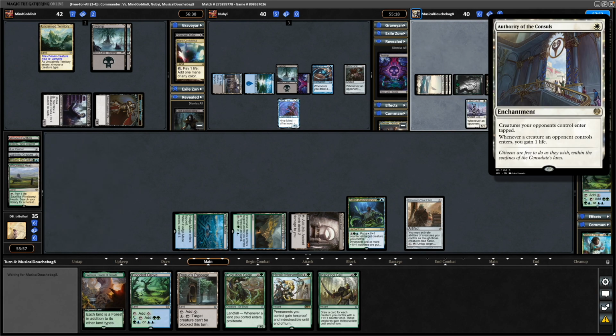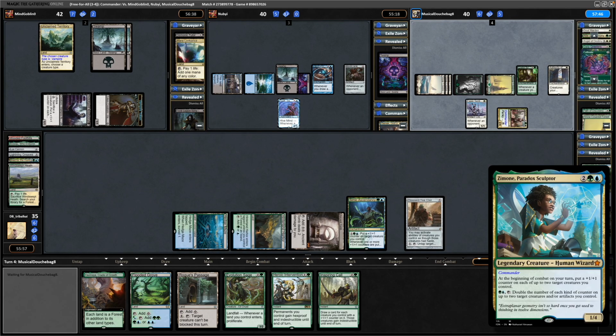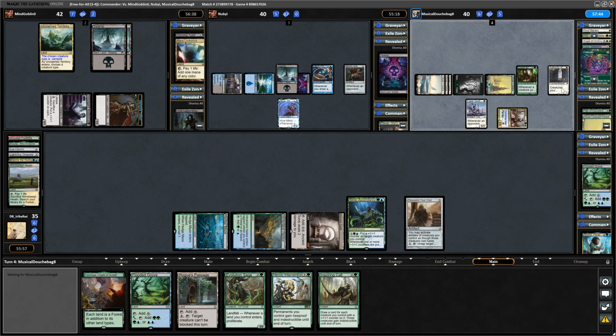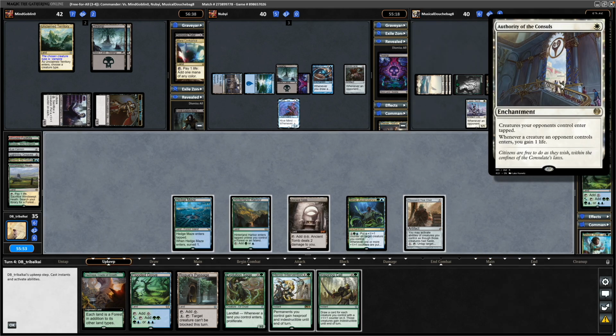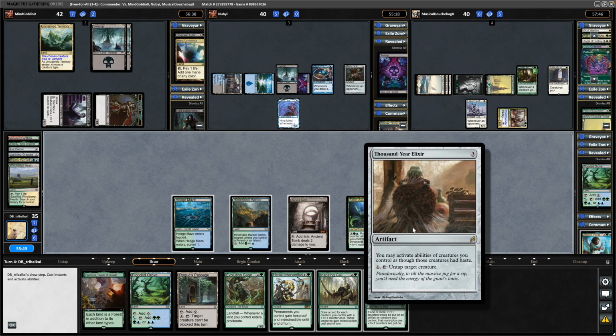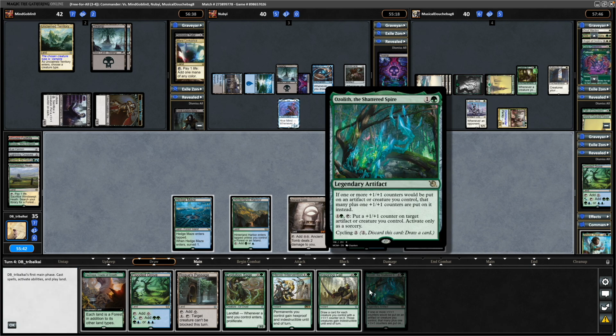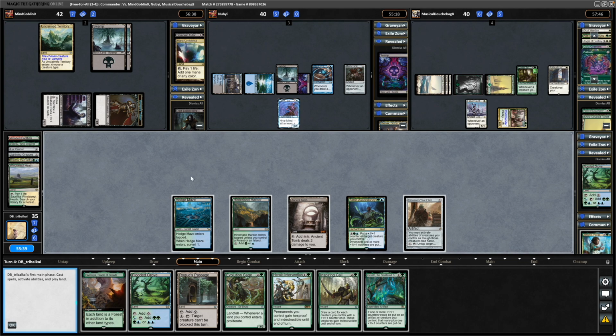And making a land with Authority of the Consuls will finish the turn off. So I think it's probably best to get down our Zimone next turn if it's going to enter tapped. This is creatures, not enchantments, just creatures, okay. Yeah, I think we're not going to make use of the pseudo haste with 1000-Year Elixir with that enchantment in play. It's a shame we haven't drawn into the Ozolith before now, but yeah, let's go Yavimaya so that we